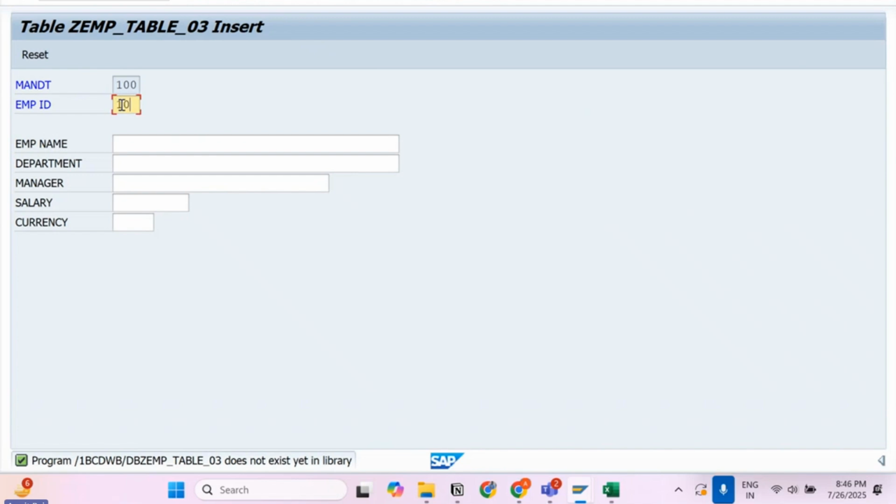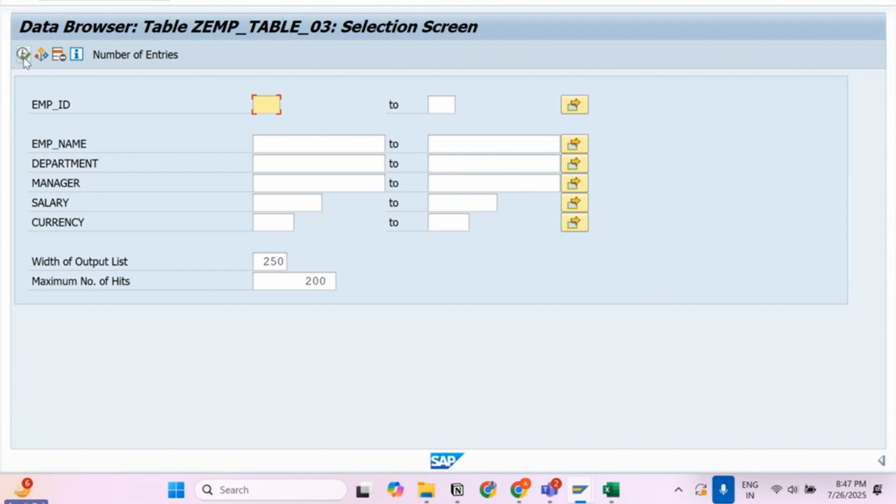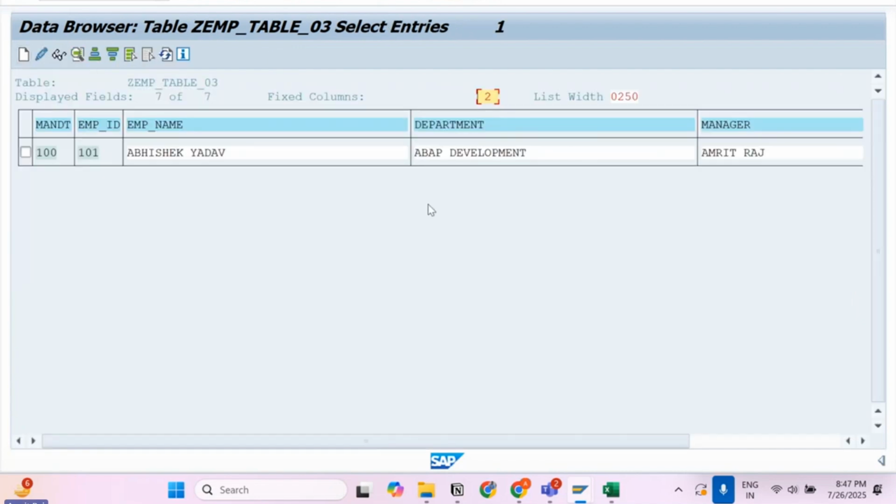It is only in read format. So I can pass here my employee ID, my employee name here, whatever I want to store. A department, I can give, let's say, ABAP development. I can give here the manager name as me or any other person. Salary is suppose some 10,000 and euro. And I will save it. Database record successfully created. So now if I go back and if I click on this content and if I execute it, can you see it? There is my data